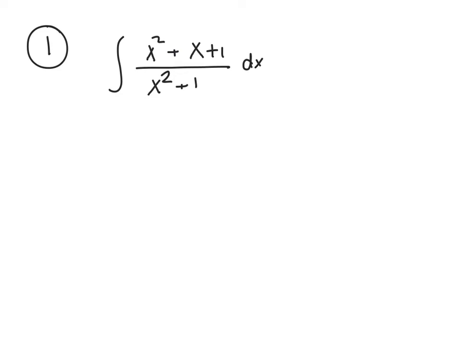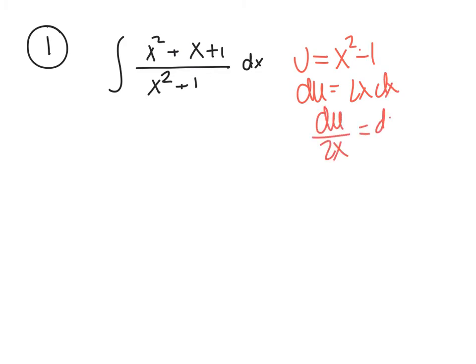So you might be thinking, wait a minute, the degree of the numerator isn't greater than the degree of the denominator. Well, like always, your goal is to try u sub. If I pick my u as x squared plus 1, I get du equals 2x dx. So du over 2x equals dx. You'll notice that's not going to cancel. This 2x is not going to cancel with the numerator. So I really have no other option. I could try to factor this, but it actually doesn't factor, and neither does the bottom. So I am stuck, and that's where